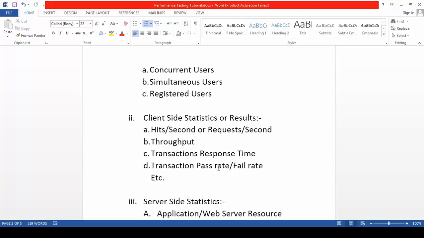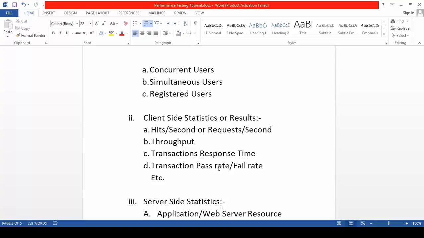If you are logging into Facebook or Gmail, what is the response time of your login transaction? Or if you are performing any particular step, like submitting a form, how many seconds has it taken to submit that form?